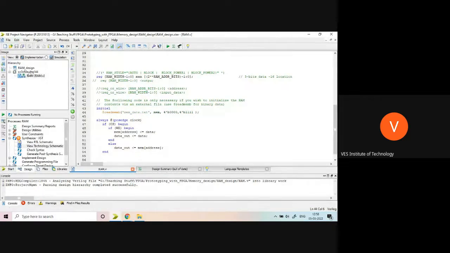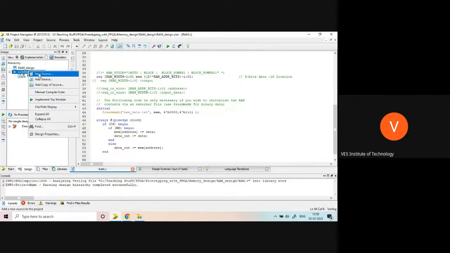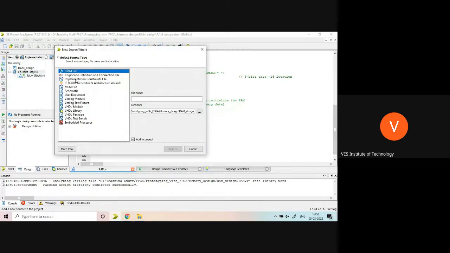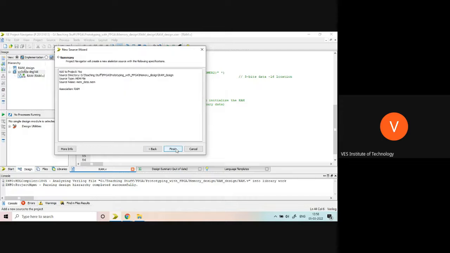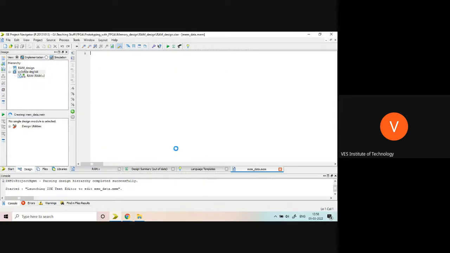Let's see. Here you have to add a new source, a mem file. You can see here, mem file. I have given the name mem data. By default a mem data.txt file will get created and that file will be inserted here. You can see this mem data.mem.